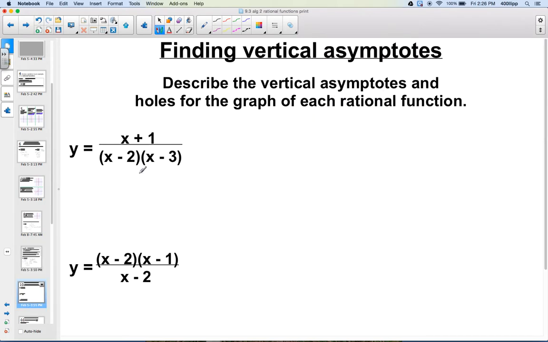Okay, so still moving on and doing a similar thing here. We're finding vertical asymptotes and holes for the graph. We'll do one more like this. We say the denominator cannot be 0. We make our t-chart here, and x cannot be 2 and x cannot be 3. And these are both vertical asymptotes because they do not cancel out. This one here,